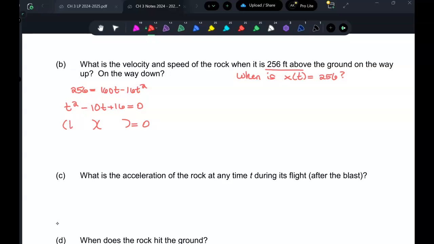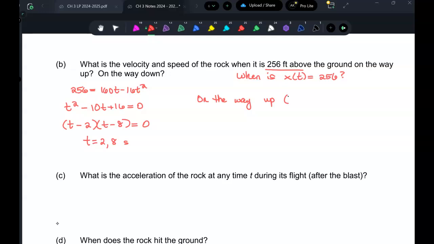Okay, so both should be positive. If you end up with a negative number, we ignore that value, okay? Because you can't have a negative time. But it makes sense that we have two values that work here. So at t equals 2 and 8 seconds. Okay, now, which one is on the way up? 2. Okay, so on the way up,